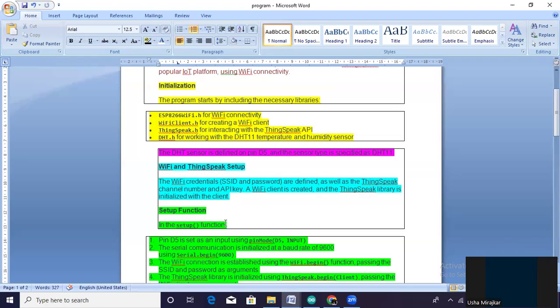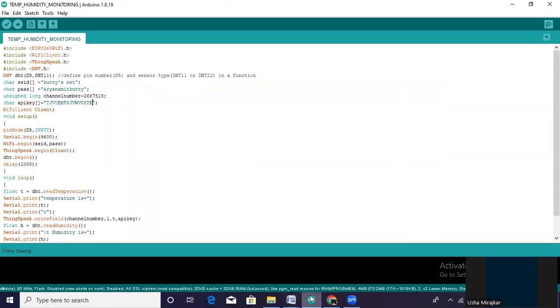These are the settings for Wi-Fi and ThingSpeak. If you observe here, this is the Wi-Fi name, this is the Wi-Fi password, and this is the ThingSpeak channel number and the API key. These we should initialize here.